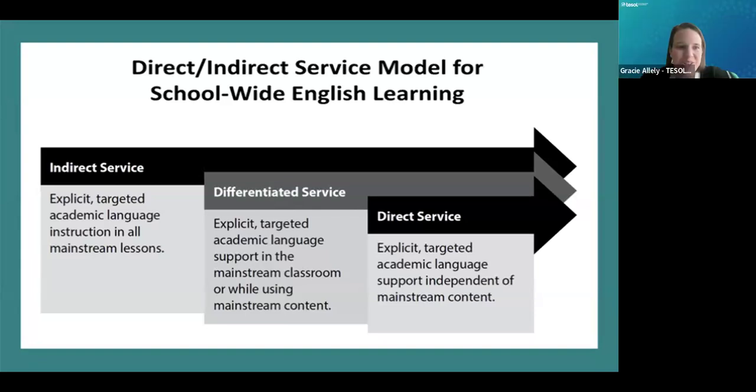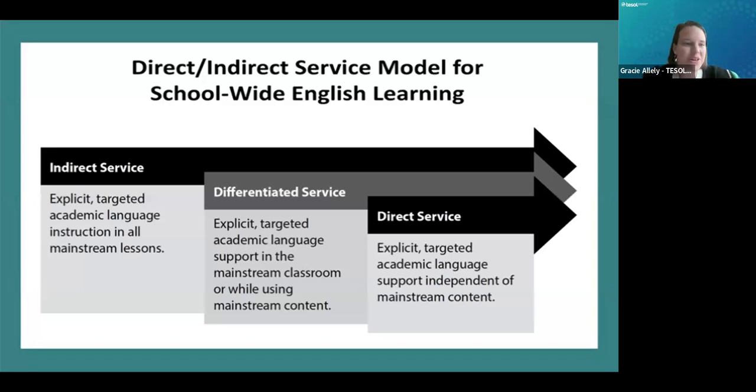Thank you so much. Thank you for sharing. And I see in the chat, Melissa sharing, I see a lot of schools doing the direct model, like the standalone, some differentiated service. Also another direct service. Yeah, when we talk to either teachers or school leaders, administrators, direct service tends to be the one that people are like, yeah, we're doing that pretty well. Differentiated service, some maybe 50-50, some feel are doing it well, some feel like it could be an area of growth. And then the indirect service is obviously the one that is the biggest area of growth.